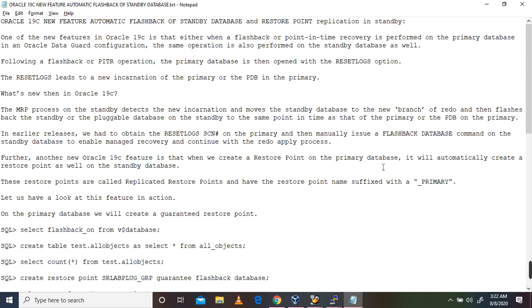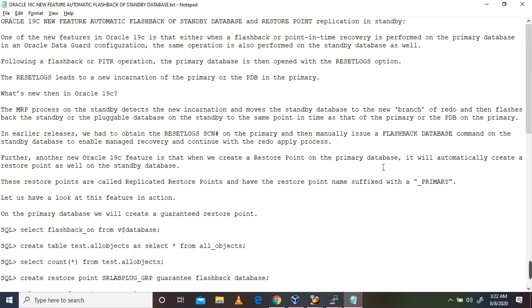The excellent new feature that came with 19C is that we create the restore point on the primary side, and it is automatically replicated on the standby side as well. The restore points are called replicated restore points, and they have the restore point name suffixed with _PRIMARY. This is a cool feature, right?